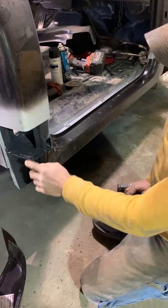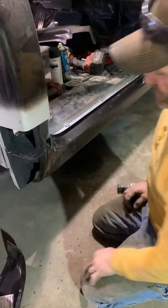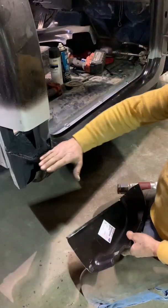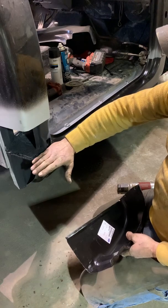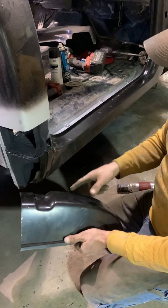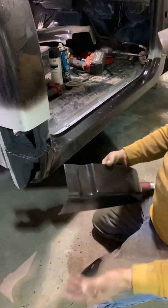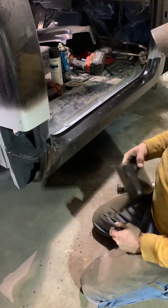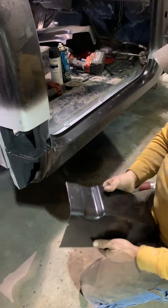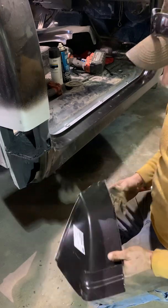I will say, if you're cutting one of these cab corners out, I see a lot of guys, they don't go all the way up. My cab corners were rusted clear up to here, so I'm going to use a full piece. A lot of people will cut them off and use from like here down. That's fine. If you've got something that's not very rusty, it's just got a spot in it, and you're redoing it, and your metal's all good besides clear down there,